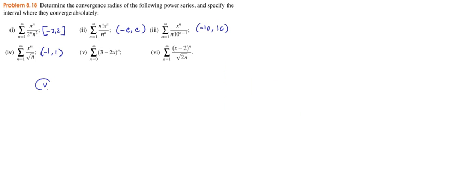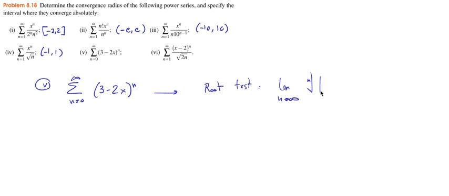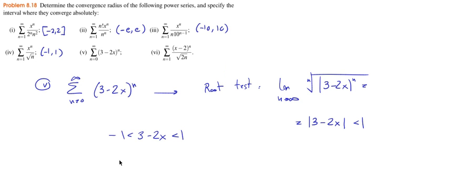Let's do the next part. The sum from n equals 0 to infinity of (3 minus 2x)^n. The root test is the limit when n goes to infinity of the nth root of the absolute value of (3 minus 2x)^n, or in other words, the absolute value of 3 minus 2x has to be smaller than 1. Okay, so in other words, 3 minus 2x has to be between -1 and 1, and so if we subtract,